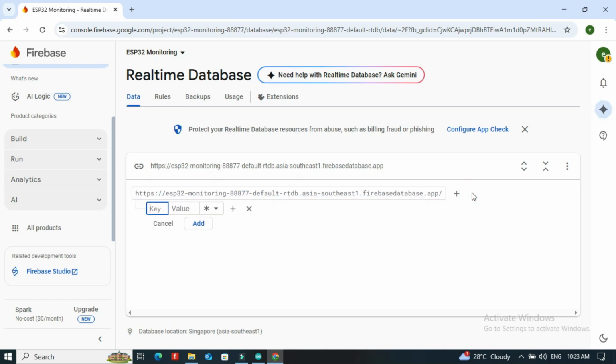Click on the Add button where we will monitor the sensor values. Again click on the Add button to control the LED.